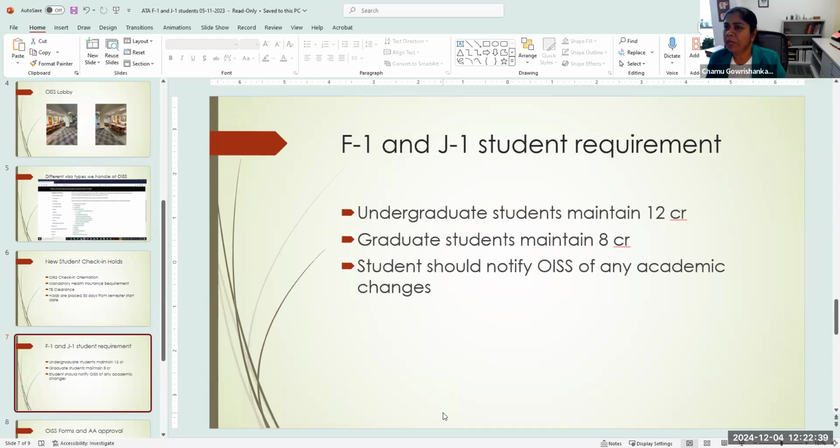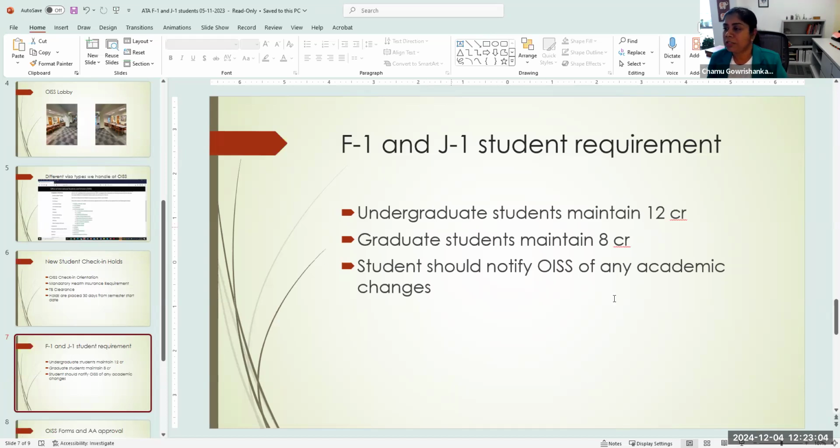For graduate students, I think the minimum for spring, summer is 2 credits. I think we go by what financial aid has approved for financial aid purposes. But for undergraduate students, again, fall and winter, 12 credits each. Spring, summer, not required. Otherwise, if it's a first semester, then they have to be 12 credits.